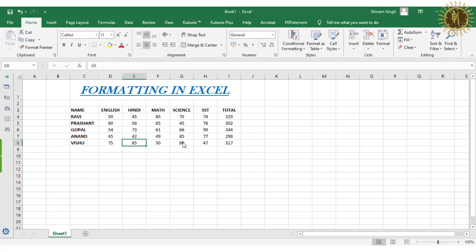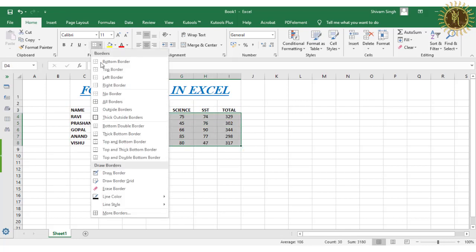Okay, so for this you have to select the table in which you want to insert the line or the border. So I am selecting these numbers only to show you first the bottom border.